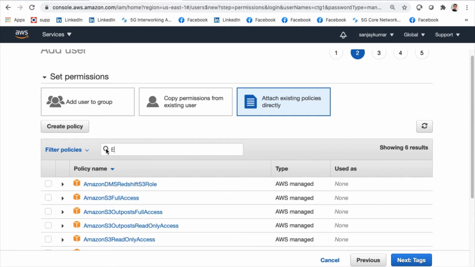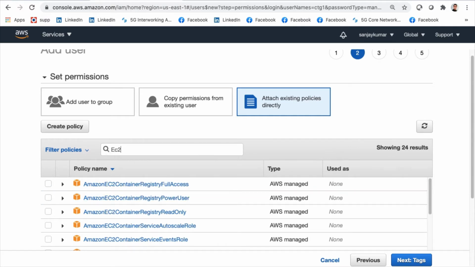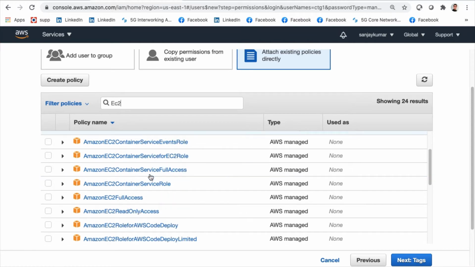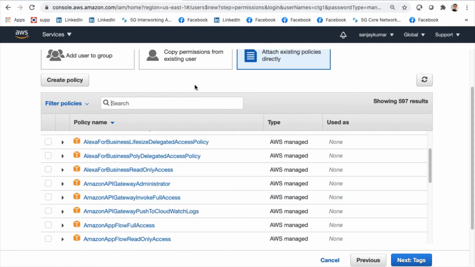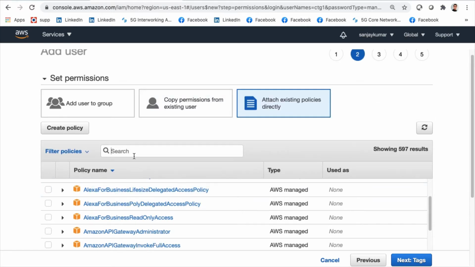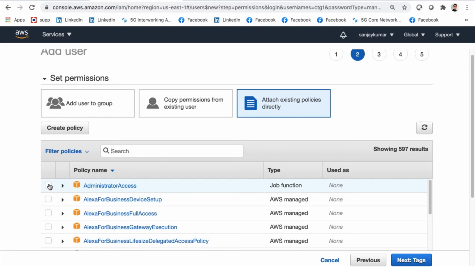Or I want some users who can create EC2 instances, and I can go with EC2 full access. Depending on what these users are supposed to do, I will give them different permissions, and these permissions are given by something called policies. We will talk about policy a little later. As of now, I'm just giving one policy of administrator access to this particular user, and we will see what we really mean by it.